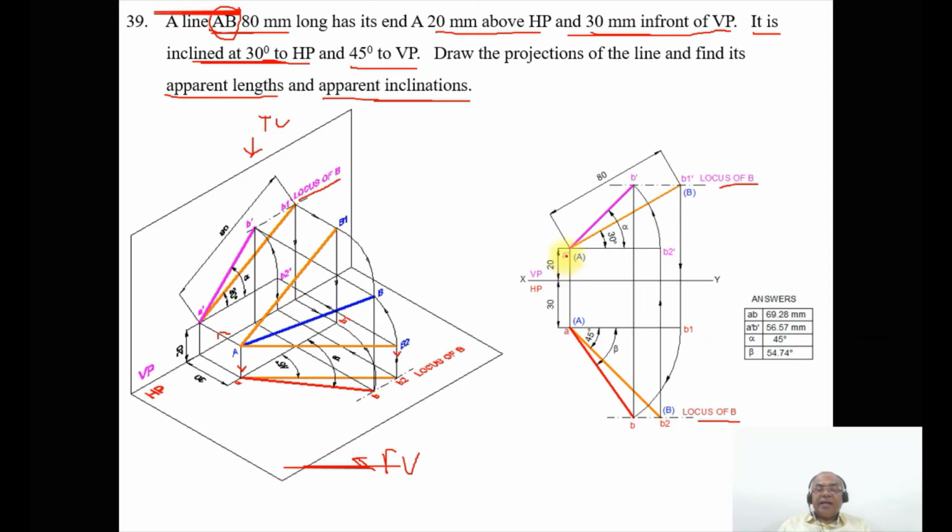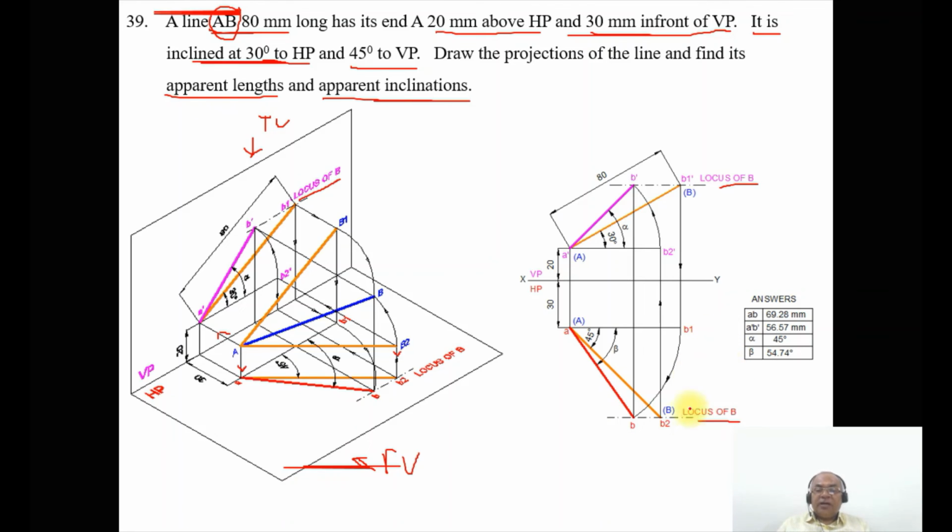So as we know that a dash is above HP by 20 mm, b2 dash should also be above HP by 20 mm. Then only the line is parallel to the XY line in the front view. As we know that the top view is in true length, its corresponding front view should be parallel to XY. So a dash is above HP by 20 mm, so b2 dash should also be above HP by